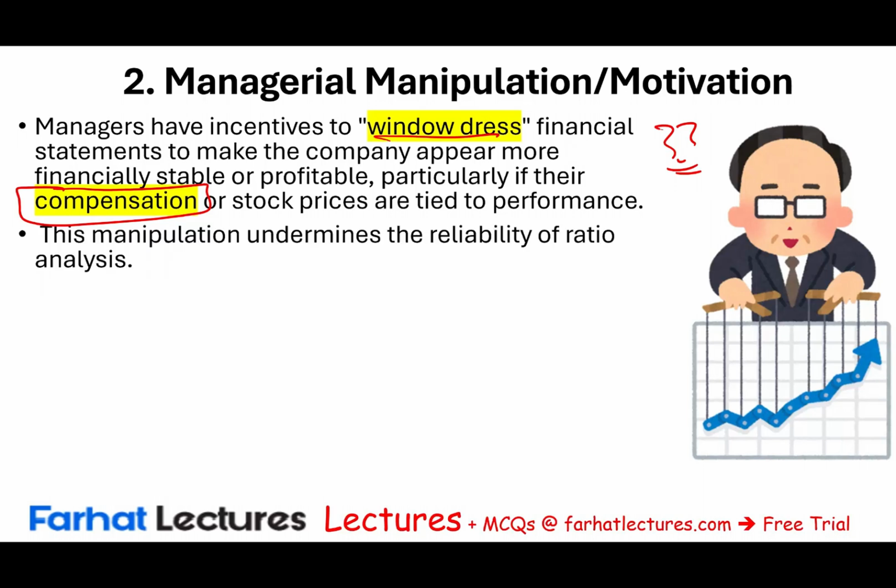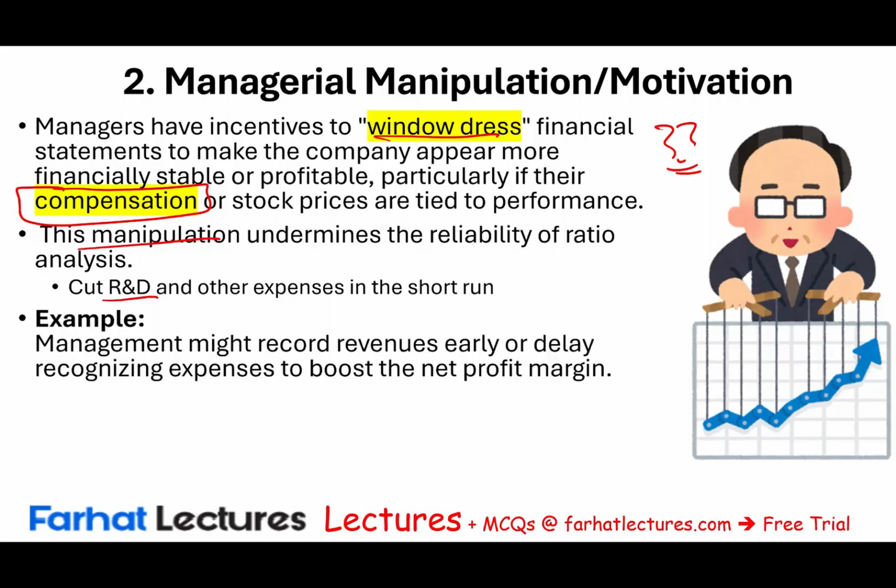Therefore, this manipulation undermines the reliability of ratio analysis. It's not only that you have the option to do it, now people have every incentive to do it. For example, a manager could cut R&D, research and development. They could cut the maintenance cost on the equipment. Yes, for this year, it's going to reduce cost, it's going to increase income, but in future years, we're going